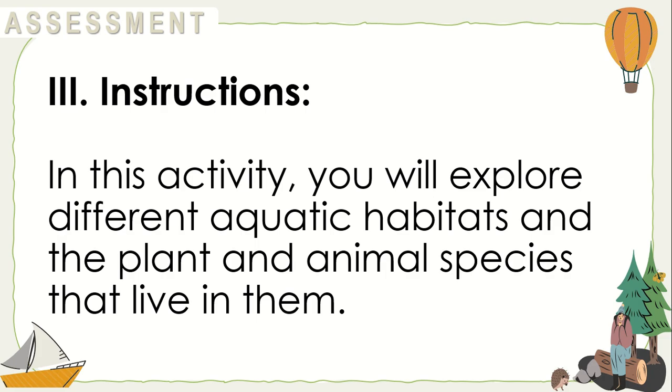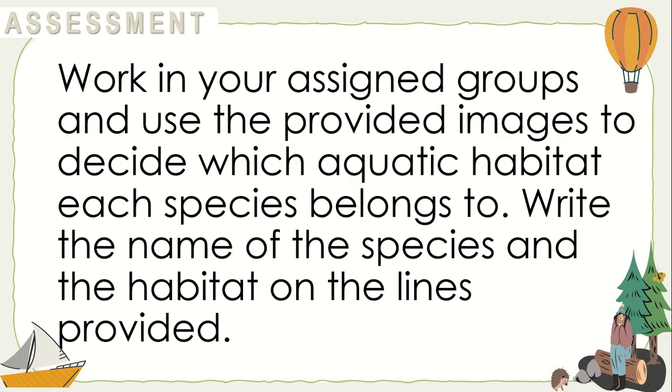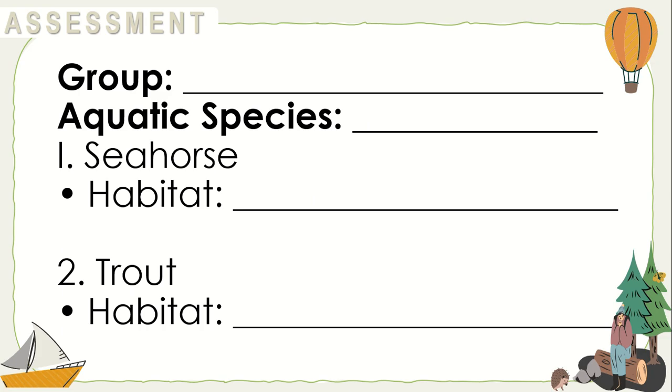Instructions: in this activity, you will explore different aquatic habitats and the plant and animal species that live in them. Work in your assigned groups and use the provided images to decide which aquatic habitat each species belongs to. Write the name of the species and habitat on the lines provided. Write your group, the aquatic species,